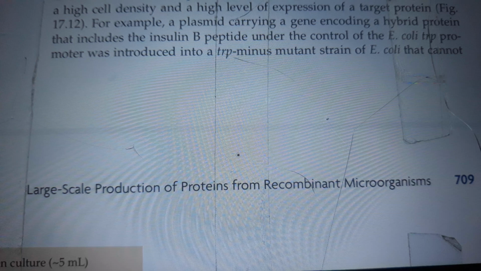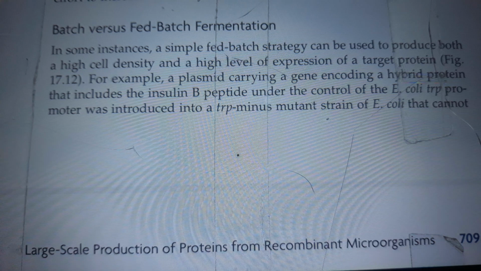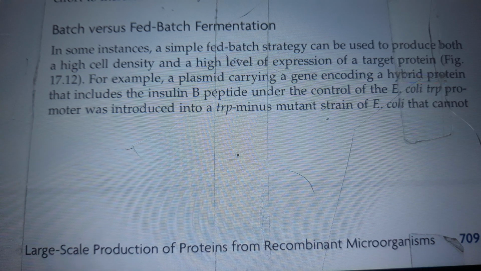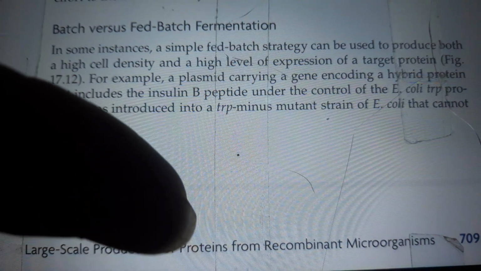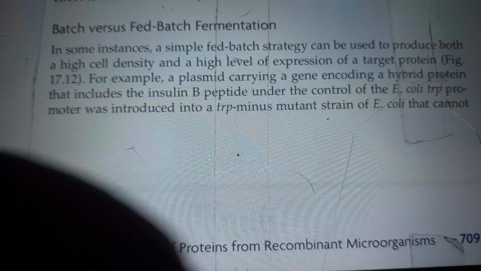Batch versus fed batch fermentation. In some instances, a simple fed batch strategy can be used to produce both a high cell density and a high level of expression of a target protein. For example, a plasmid carrying a gene encoding a hybrid protein that includes an insulin B peptide under the control of the E. coli trp promoter was introduced into a trp minus mutant strain of E. coli that cannot synthesize tryptophan,